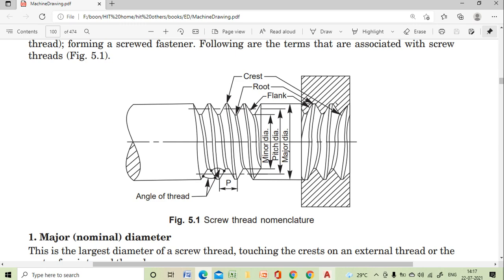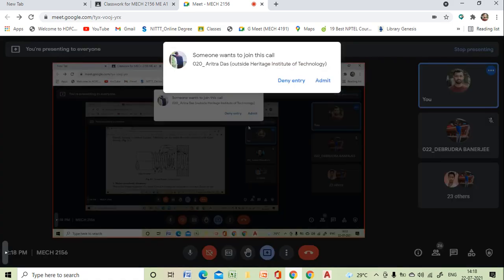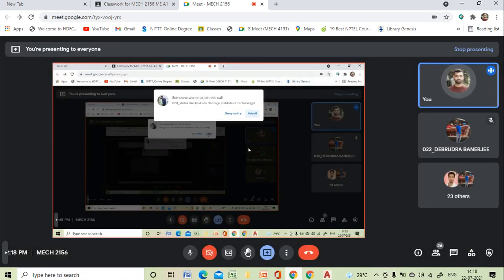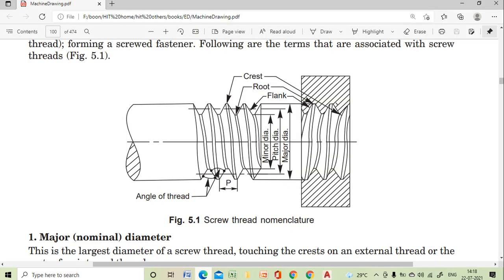All of you have a water bottle with you, I guess. So in that water bottle you can see within the cap there are internal threads, and on the top of the bottle there are external threads, right? Okay, so you just imagine that this is the top of your bottle, and this one is the cap, the internal portion of the cap. So this portion is called as the external portion, or these are called as external threads, and these threads within the cap is called as internal threads.